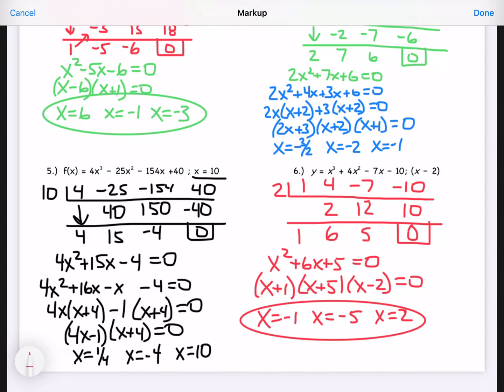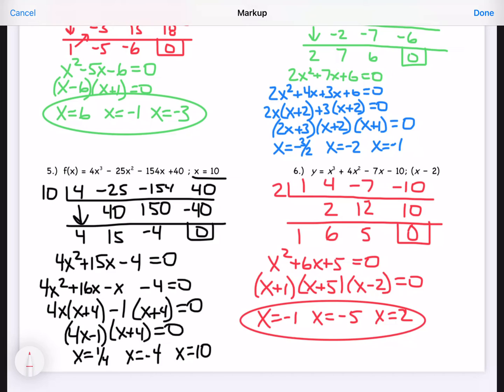On number 5, once again, we're given the 0 of x equals 10, so I just keep that. And I go through my synthetic division, and I end up with 4x squared plus 15x minus 4. Now, this is one we haven't really seen before. So a times c is negative 16, and we have to decide what 2 numbers multiply to be negative 16 and add up to 15. Well, that would be 16 and negative 1, and you can see how I put those in there, 16x and negative 1x, when we're doing